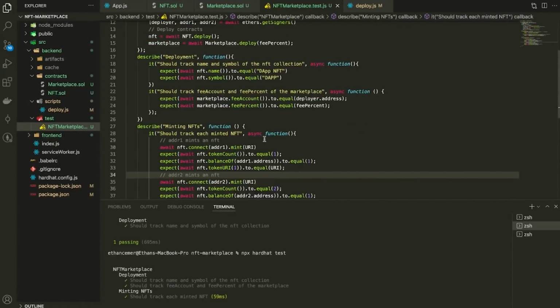All right, and that's a really good basic test to start off with. We've covered the deployment of each of the contracts as well as the minting functionality of the NFT contract, which is all that we've covered so far. All right, now let's go ahead and finish building out